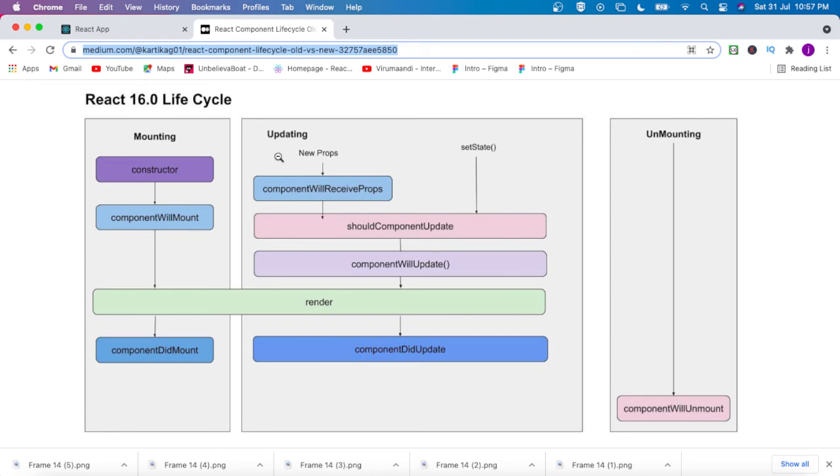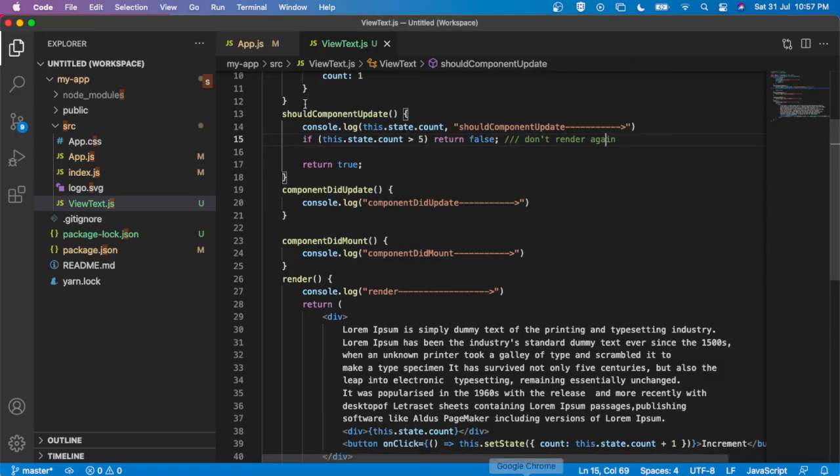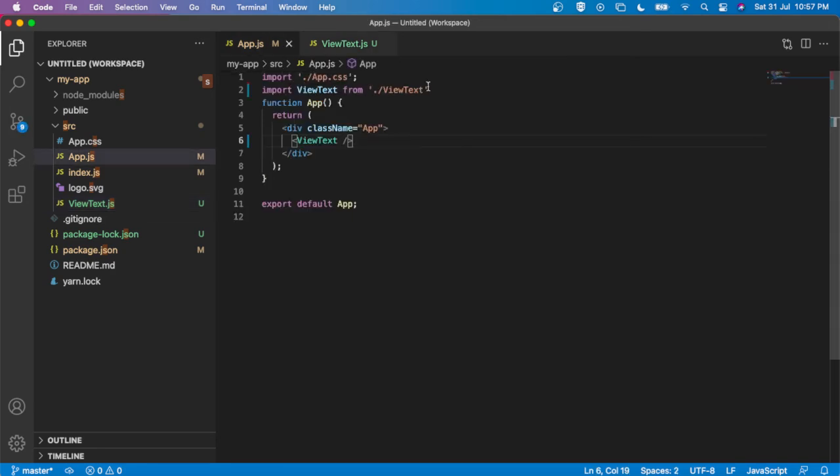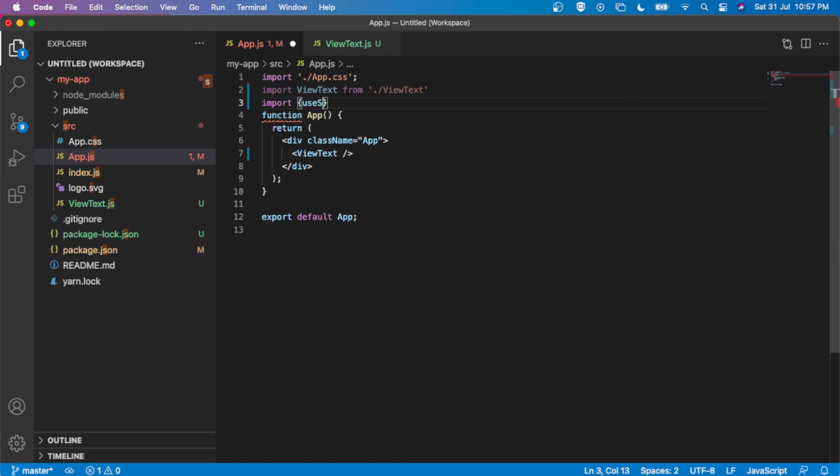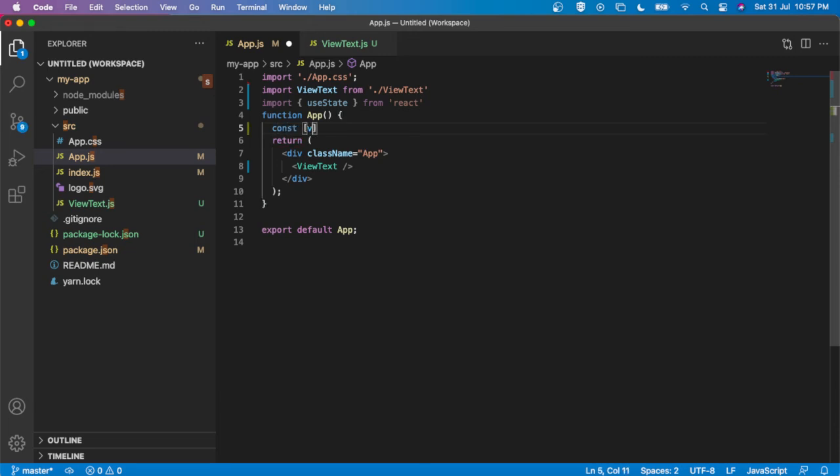Here what I am going to do is declare a use state. Import use state from React. Inside here I can declare const visible, set visible.